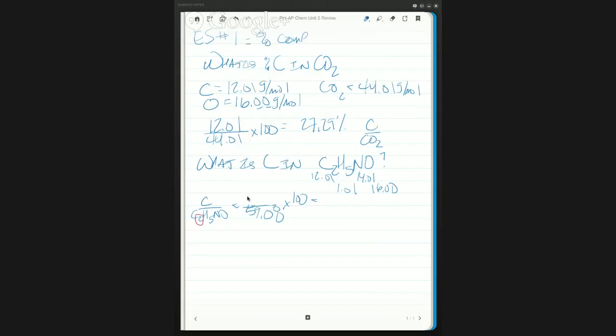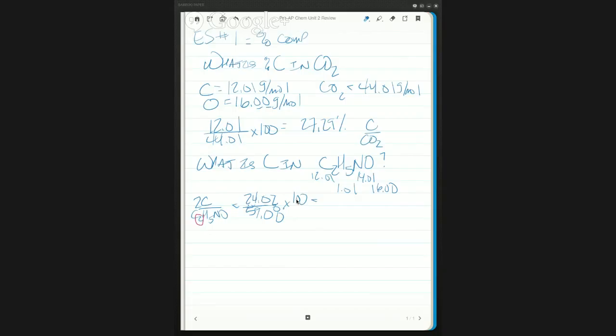That should have been 24.02 because you have to not just have the single atom of carbon. I should have had 2 carbons because it's 2 carbons in the C2H5NO. There are 2 carbons here. So what I should have had is